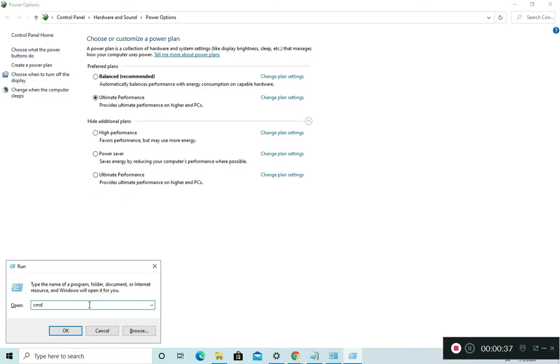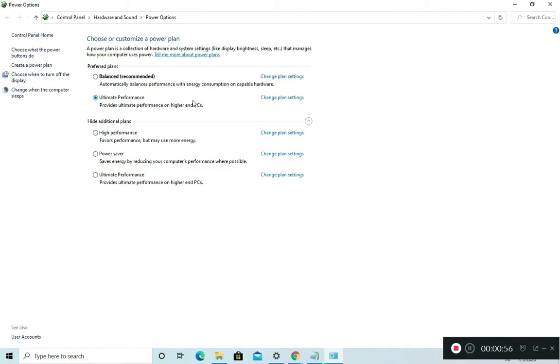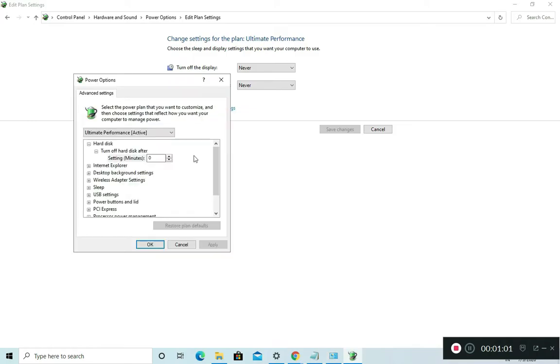First, press Ctrl plus R, and in Run type CMD, and then I will give you a link in the description where you can copy this text. After it, just press enter. After you press enter, it will show you ultimate performance power plan. So that's it guys, just click on ultimate performance and change the power plan, and do what I am doing now. So click on processor power management, maximum processor state 100, and minimum also 100%.